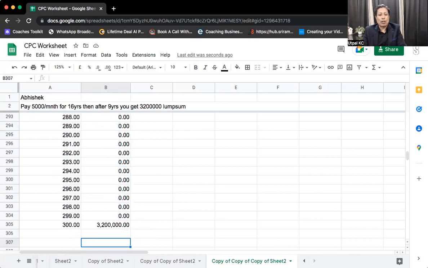Okay, fine. So now what we'll have to do, it's very simple. Once you put the timeline and the cash flows, that's it. After that, everything will be done by the computer. Now it is the computer's job, so you need to give the command. Abhishek, tell me, what will we have to do?